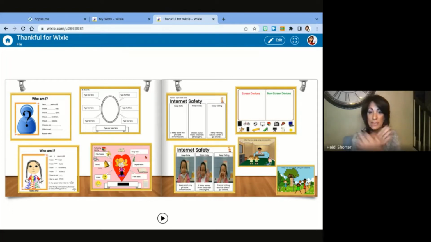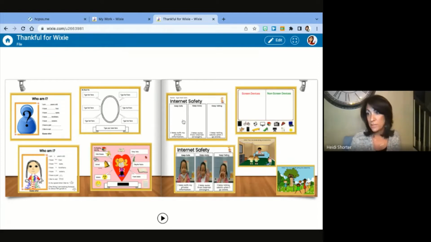And so I keep myself safe until they put their hands up, and we talk about using neighbors to help us with our pictures, and we teach them how to use the camera. But I keep safe all of my private information when I'm online or when I'm on a computer. I keep away from internet strangers, and I keep telling someone when I go online to help avoid sneaking onto a device or doing something that they're not supposed to do.